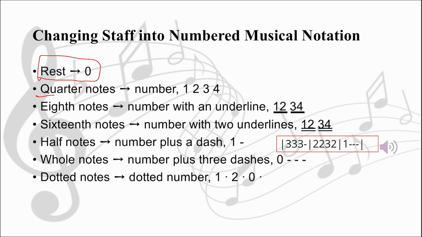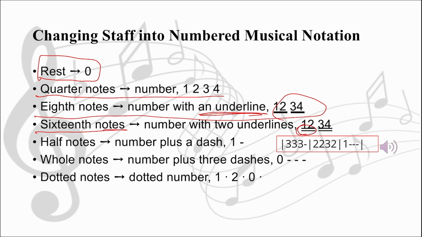And then quarter notes, we just write a number. And for 8th notes, we will add an underline. So 16th notes, we will add 2 underlines. And half notes, the number will have a dash added. That means here. Okay. So, for example,